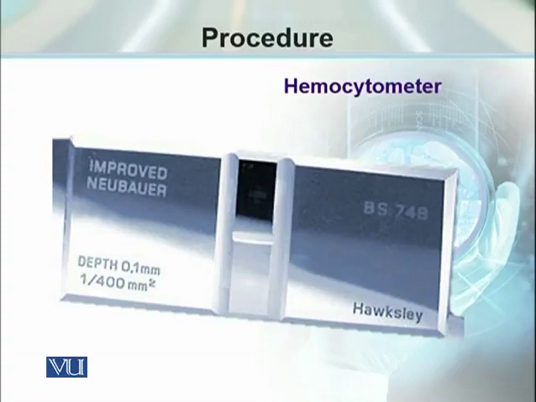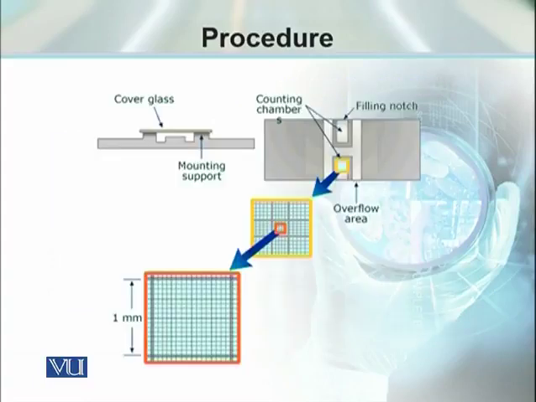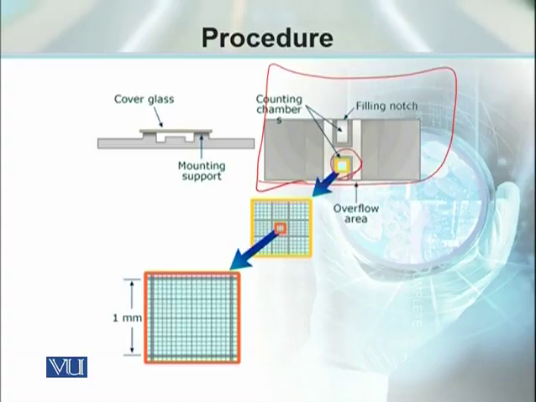जैसे कि आप यहाँ पे देख रहे हैं, एक H-shaped structure है। इस H के ऊपर और हॉरिजॉन्टल बार के ऊपर और नीचे काउंटिंग चैम्बर्स बने होते हैं, जिनको अभी हम अगली स्लाइड में देखते हैं। दीज काउंटिंग चैम्बर्स आर द एरियाज ऑफ इंटरेस्ट। दिस इज द टॉप व्यू ऑफ हीमोसाइटोमीटर and the yellow bordered area is that particular area where the cytometer is built in.